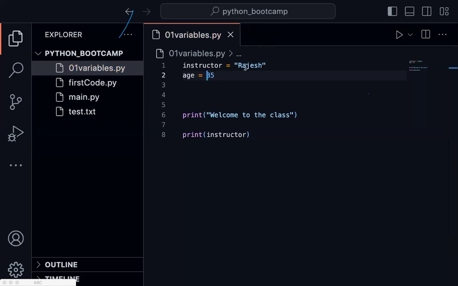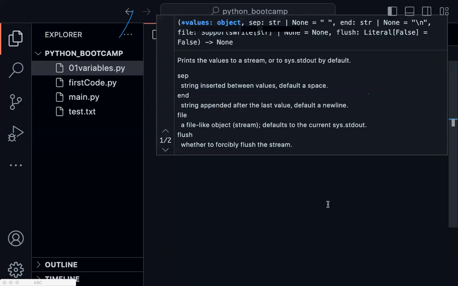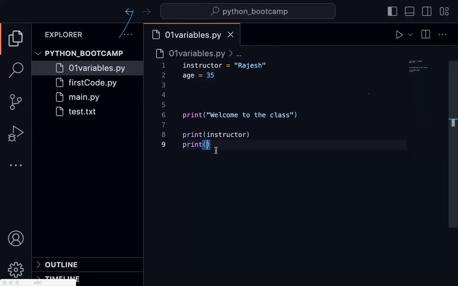And if I want to assign an integer value, a whole number, then I'm not supposed to enter that number within quotes. And now let's print this age